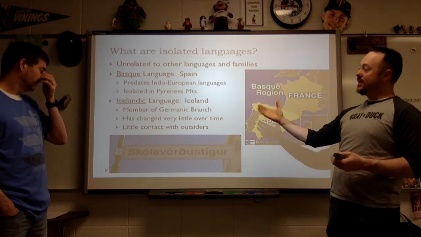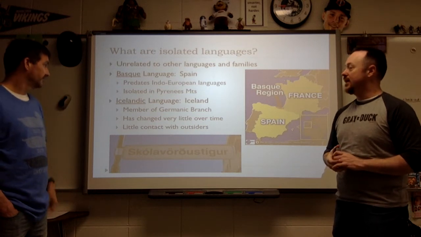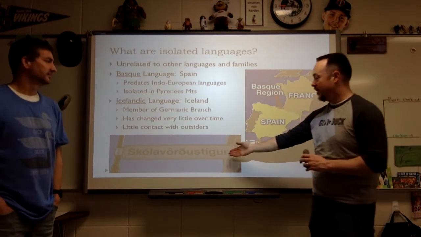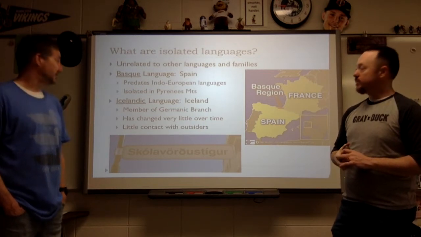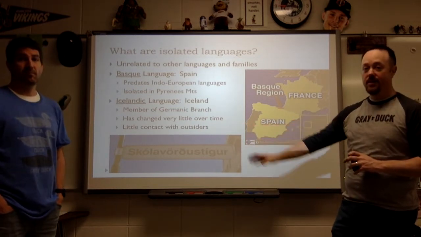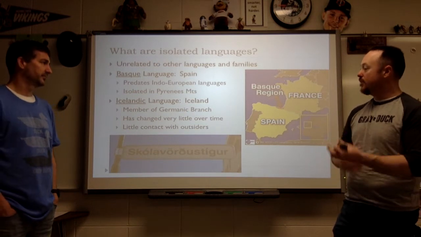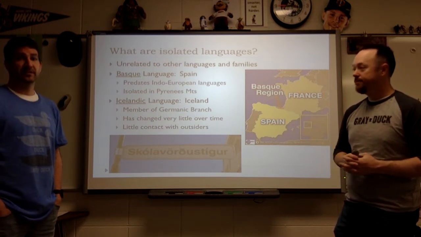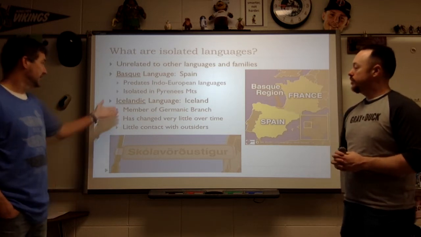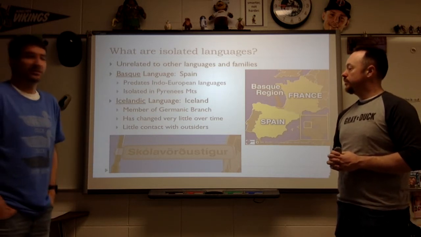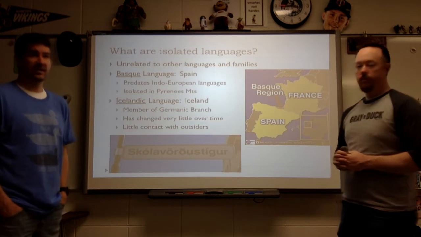All right. The other really good example is Icelandic language, and that is very unique as well. Here's one of your words right here. And so it's Germanic, right? It's Indo-European, but it's been isolated. And so it's kind of formed differently over time. Think about where Iceland is. It's an island, right? Very isolated, very far away from everything, and so it doesn't converge, it doesn't diverge. It just kind of stays.